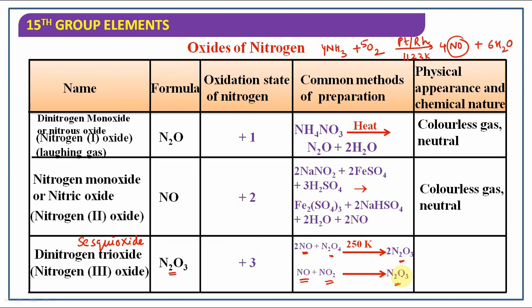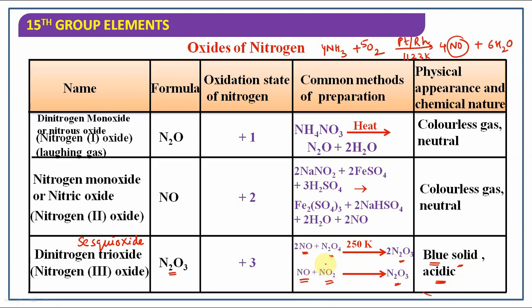And the chemical nature, it is an example of a blue color solid. It is a blue color solid and it is acidic in nature. NO plus NO2 combining together to give you N2O3. The same combination of NO plus NO2, this mixture of two oxides of nitrogen, also can be formed by treating,